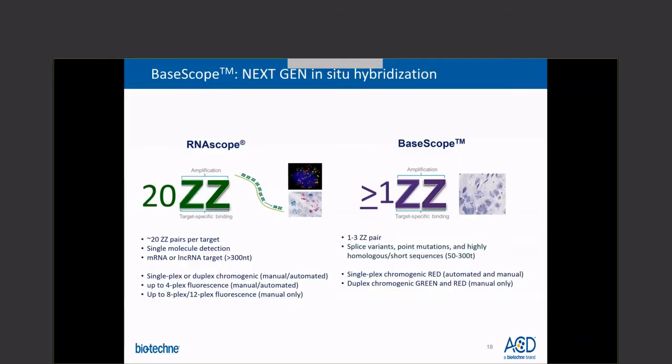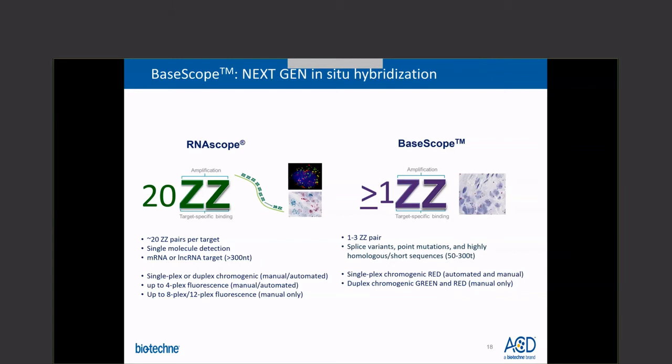BaseScope is the next generation in situ hybridization. It is based on the RNAscope technology, but there are several major differences. First, a standard RNAscope probe contains 20 ZZ pairs, which targets a 1 kb region of the target sequence, whereas BaseScope can detect a signal with as low as 1 ZZ pair probe. Both RNAscope and BaseScope are capable of single molecule detection, meaning that a single dot represents one single RNA molecule